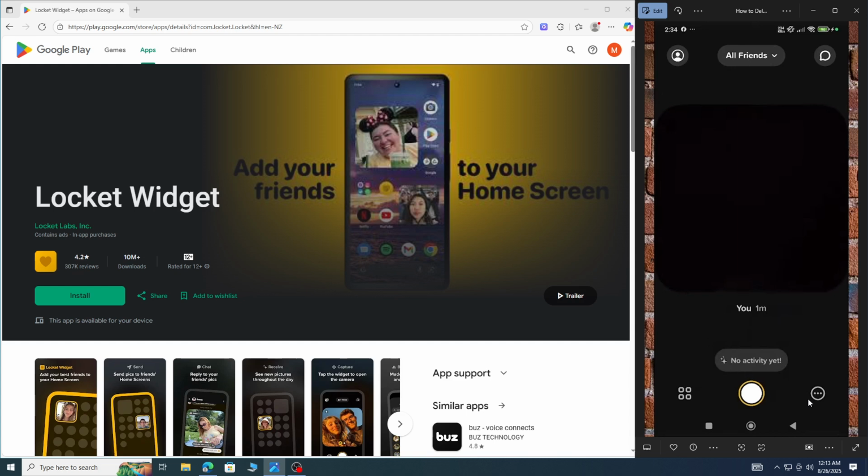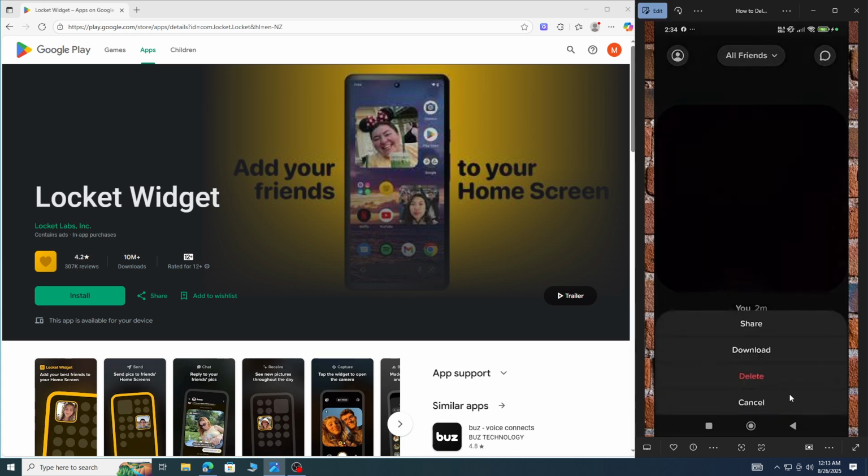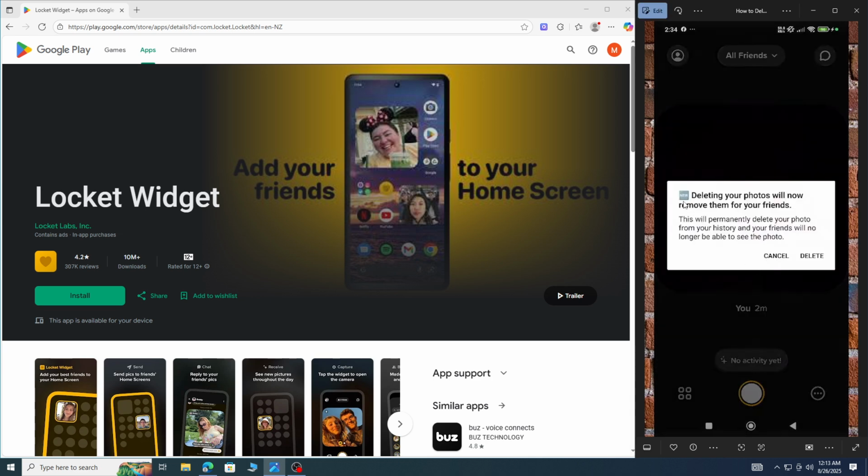Next, tap the three dots in the bottom right corner of that picture. A menu will pop up with options like Share, Download, and Delete. Just tap on Delete. Locket will warn you that deleting a photo removes it permanently from your history and from